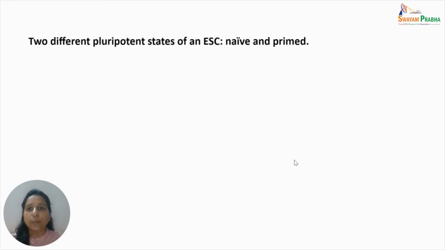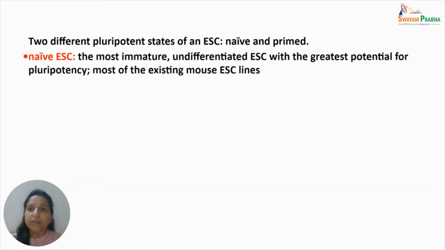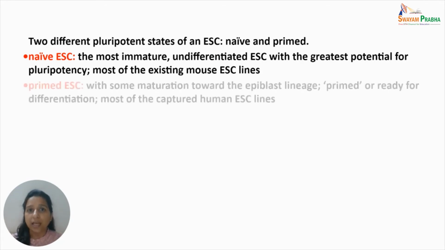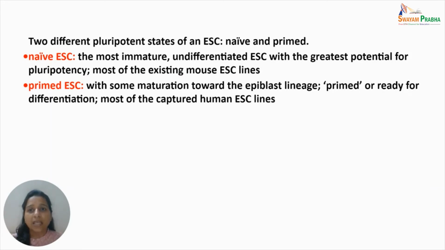There are two different pluripotent states of an embryonic stem cell, which are naive and primed. Naive is the one which is the most immature and undifferentiated state, which has the greatest potential for pluripotency. For example, most of the existing mouse embryonic stem cell lines. And the primed, as the name says, is the embryonic stem cell which has got some maturation toward the epiblast lineage. So it is already primed or ready for differentiation, as most of the captured human embryonic stem cell lines